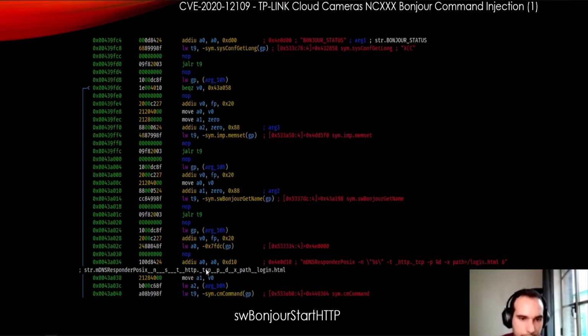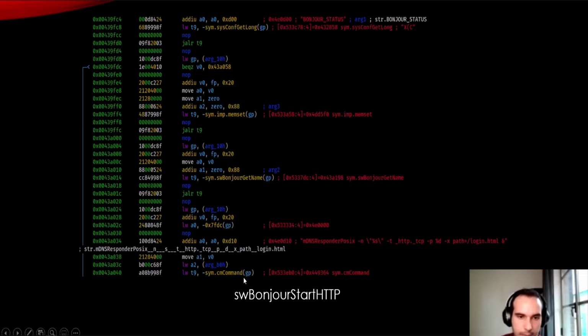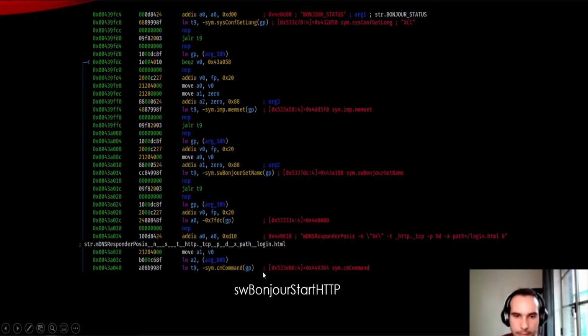So as we can see here, there is this CM command again, which is a good sign, right? We know it's system. And if you go backwards, we can see this command, mDNSResponderPosix, and then there is some parameter here, which is a string. And if you look at this string, it should be this V0, which is in A1. And if you go backwards again,